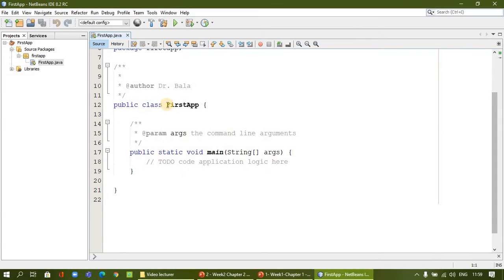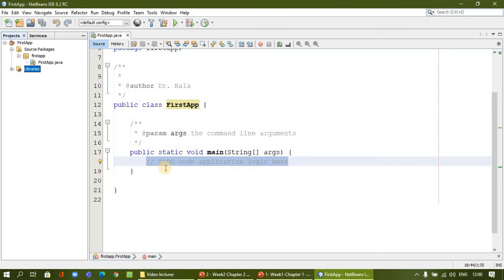The public class name is our application name. If you give a different name for the main class, it will come up with that name. So we have public static void main. This is our main method. Here is the area where we are going to write our program. By default, library 1.8 is added. If you later extend your application and use a different library, we can add it here.